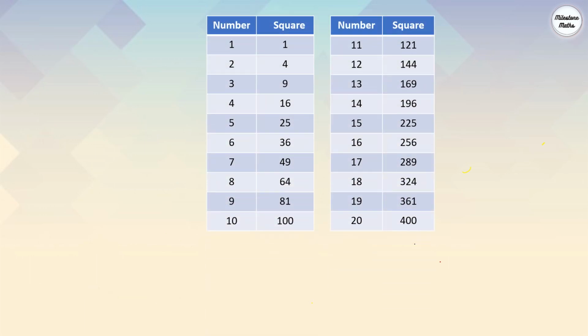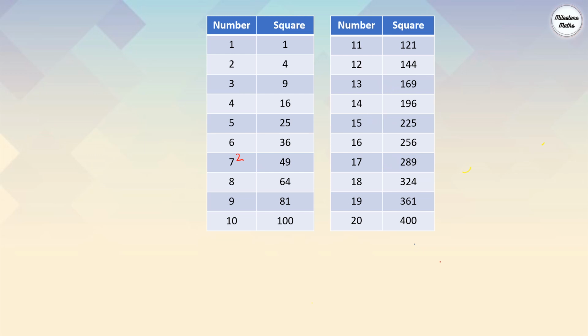Now here, I have written the numbers from 1 to 20 and the squares of all the numbers from 1 to 20. So square of 4 is nothing but 16. Same way, square of 7 is 49. Square of 15 is 225. Now let us take the other way. The square root of 289 is 17. Same way, square root of 169 is 13. So here are a few numbers from 1 to 20.